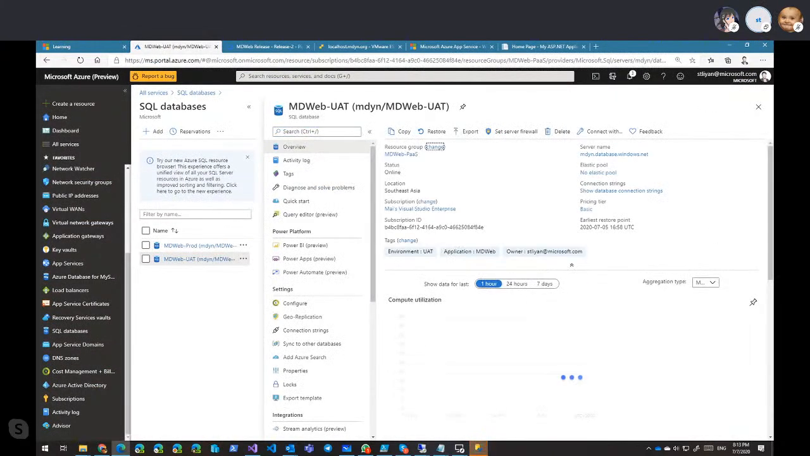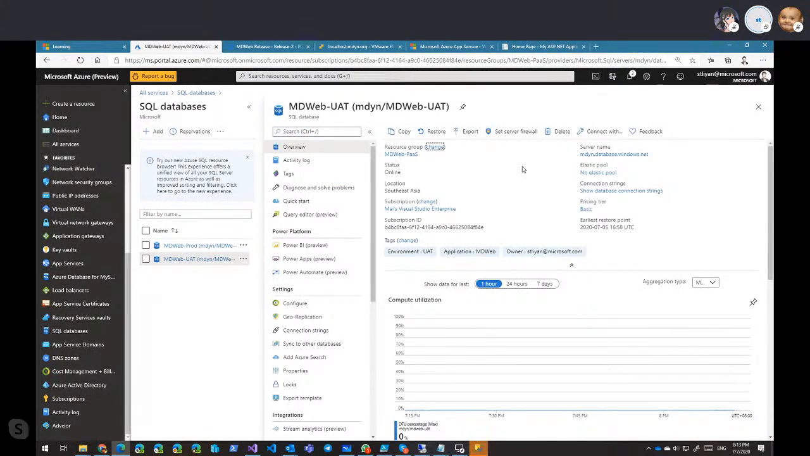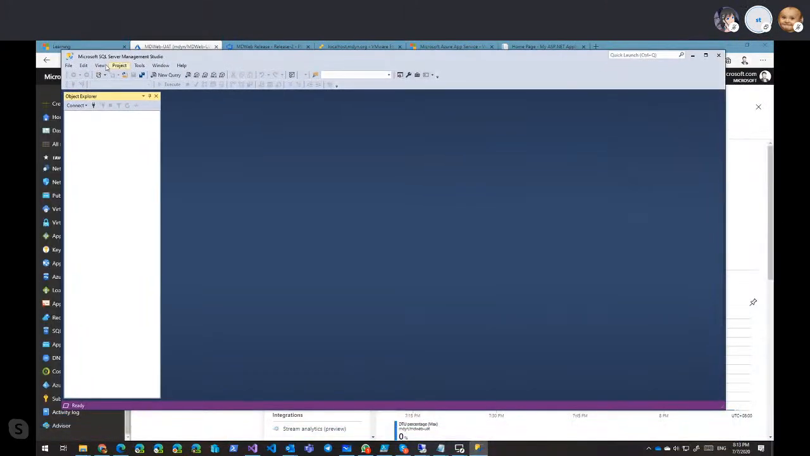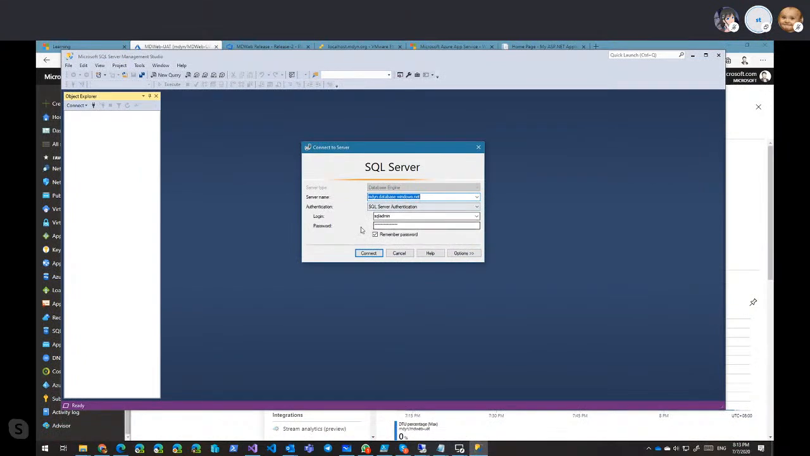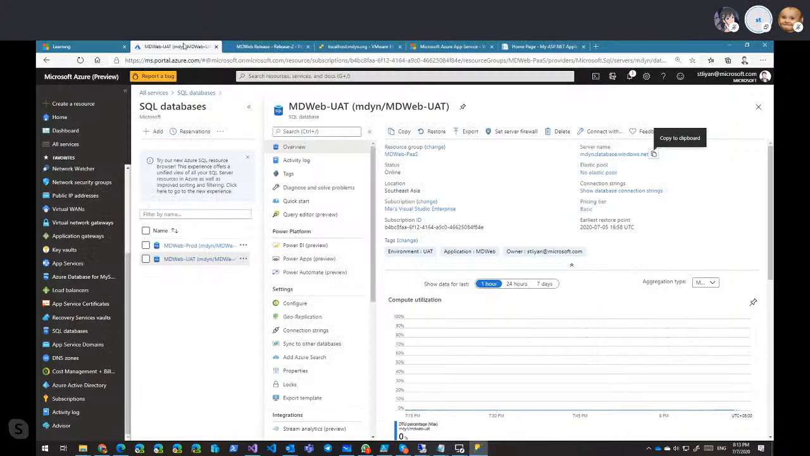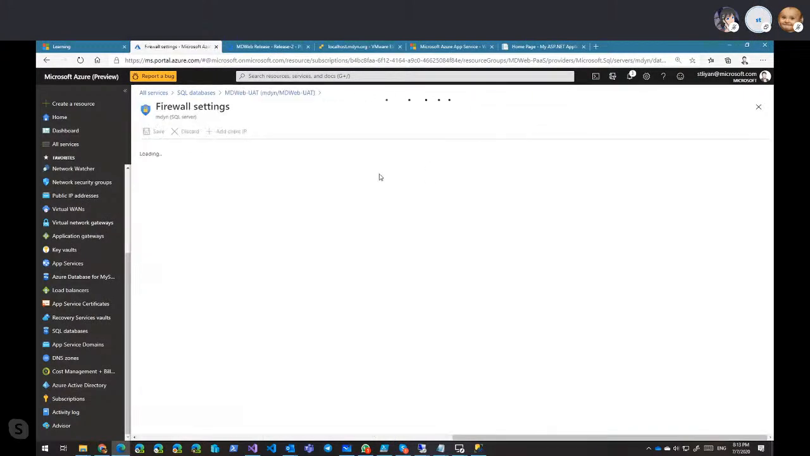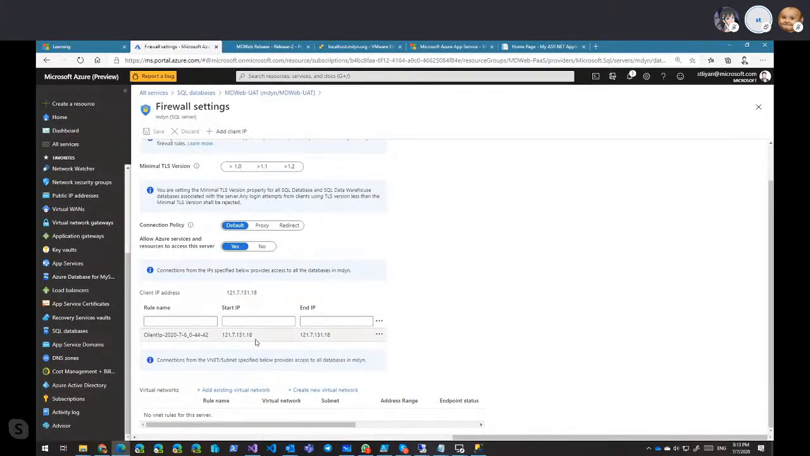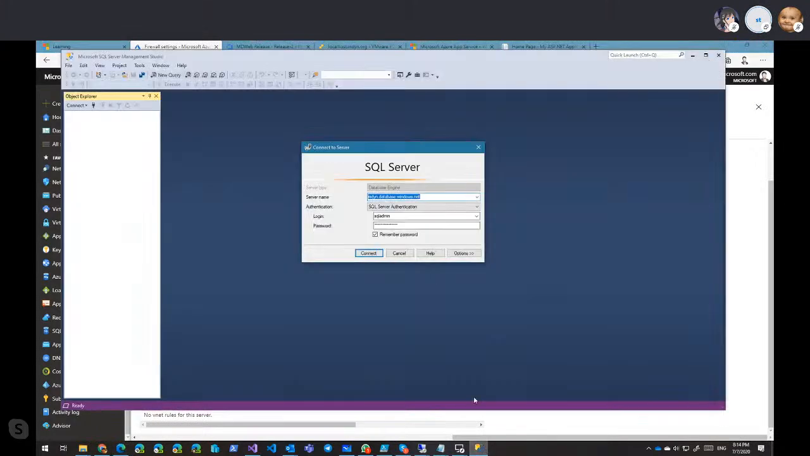If I go into UAT, and so I just need this, right? So let me just connect database engine. So I've pre-populated all this information. I've also whitelisted my, so if I get set server firewall, I have specifically allowed my IP address. So for the rest of you who have SQL Server Management Studio, you should not be able to connect to